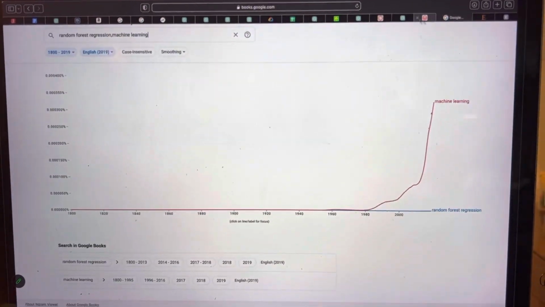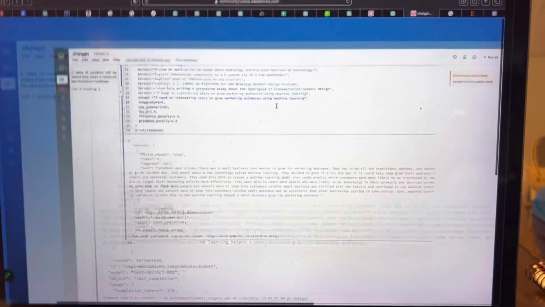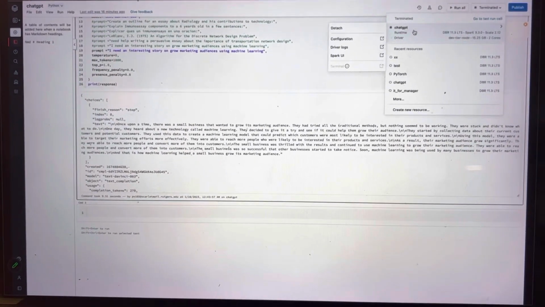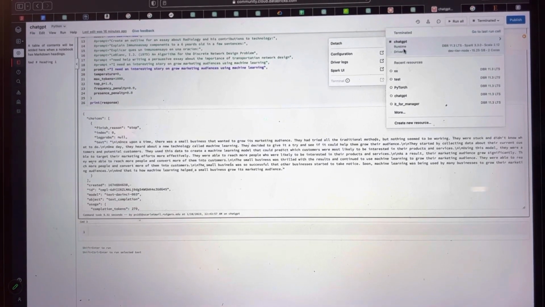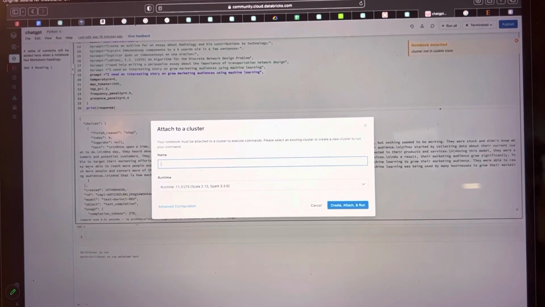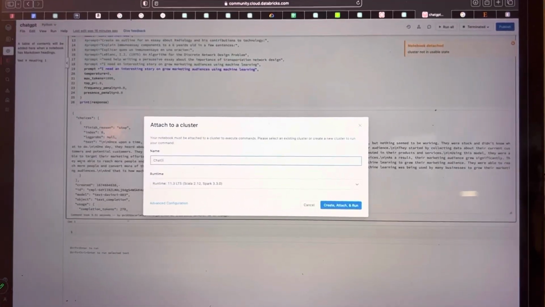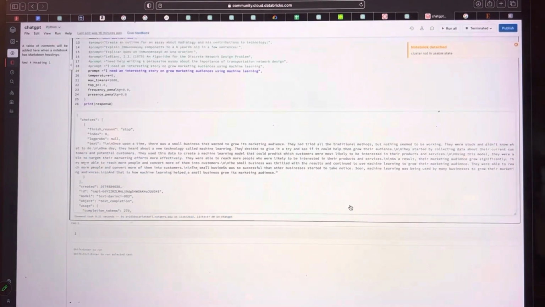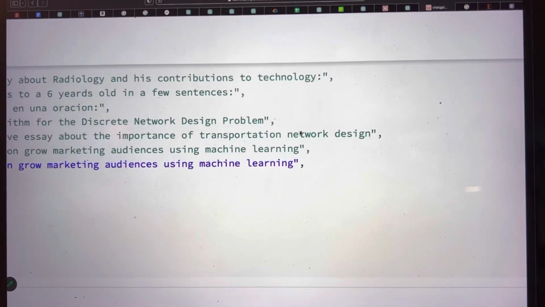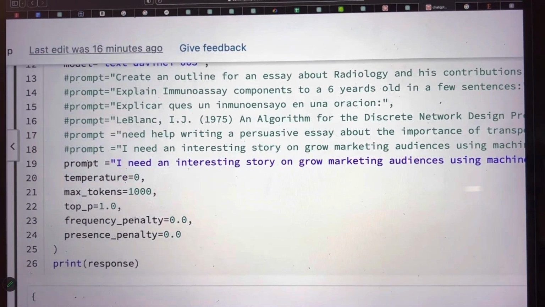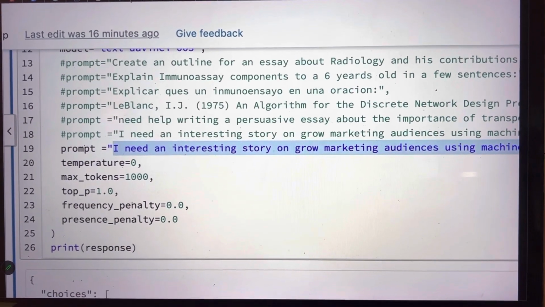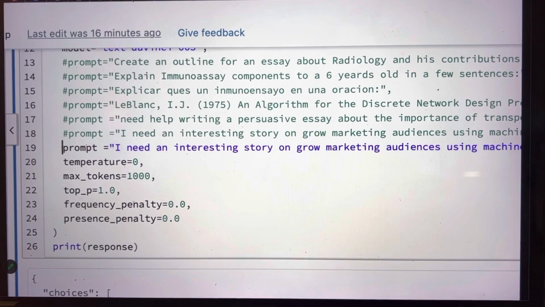Here, this is Databricks. Okay, so let me start a cluster. I already created my ChatGPT cluster. I will create a new cluster. Let's say here, chat 001. And right now I'm creating a cluster here. So I can utilize the prompt to make questions directly from here. So instead of utilizing this, I can say